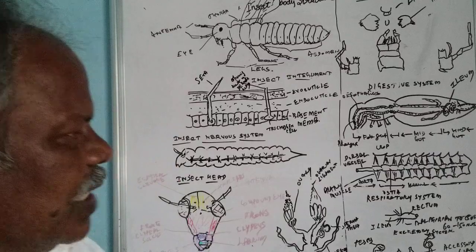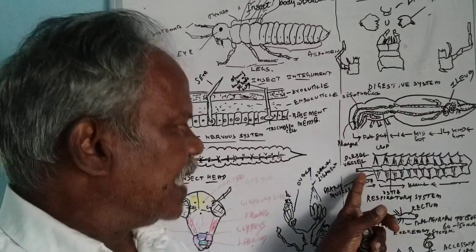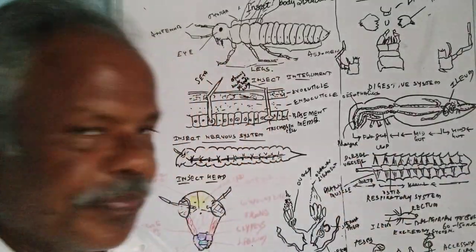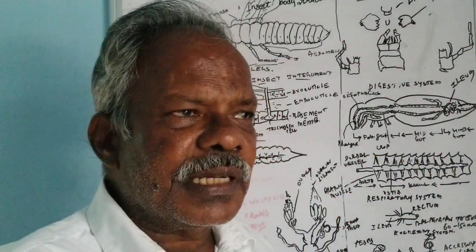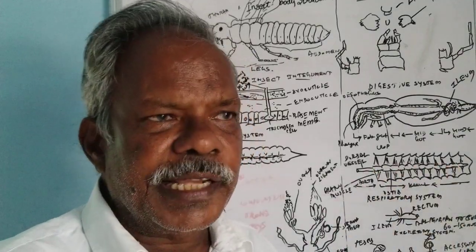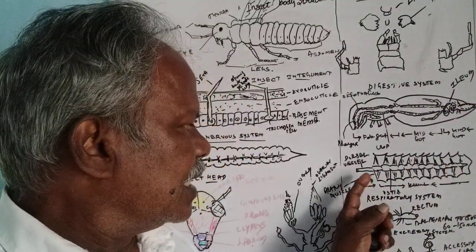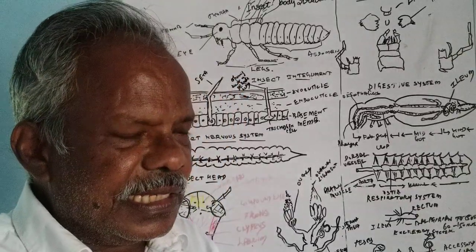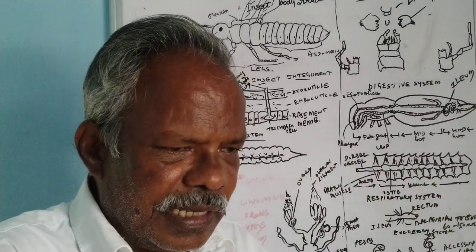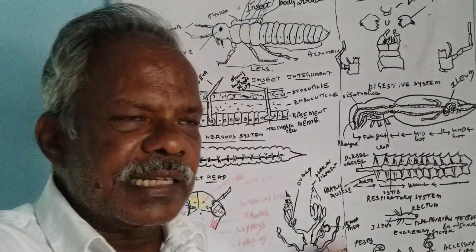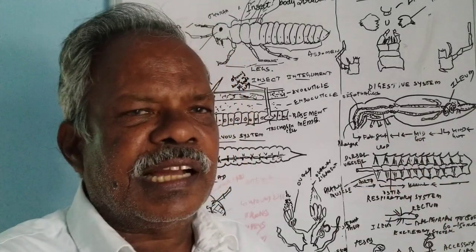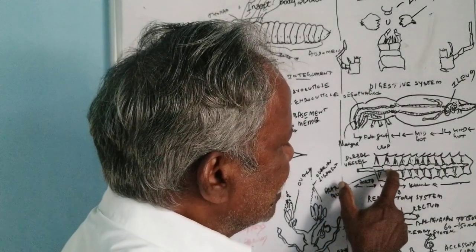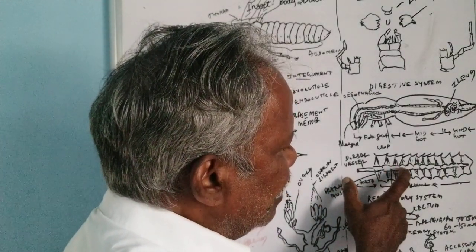So next, coming to the circulatory system. As regards the circulatory system, it is an open tube in the case of insects. That is a 12-chambered heart. The heart is nothing but a tube with some constrictions here and there. Each and every segment has 2 ostia supported by valves. That is, each segment consists of 2 valves, called ostia.